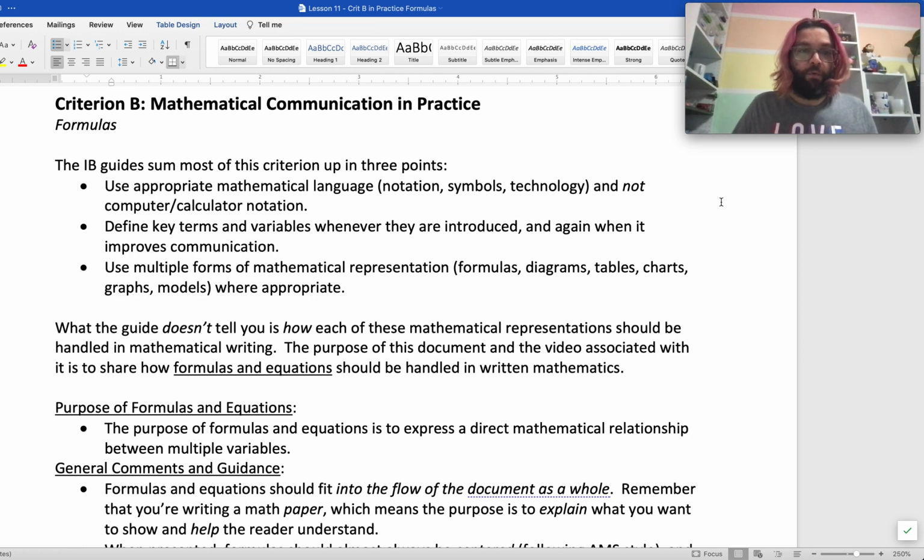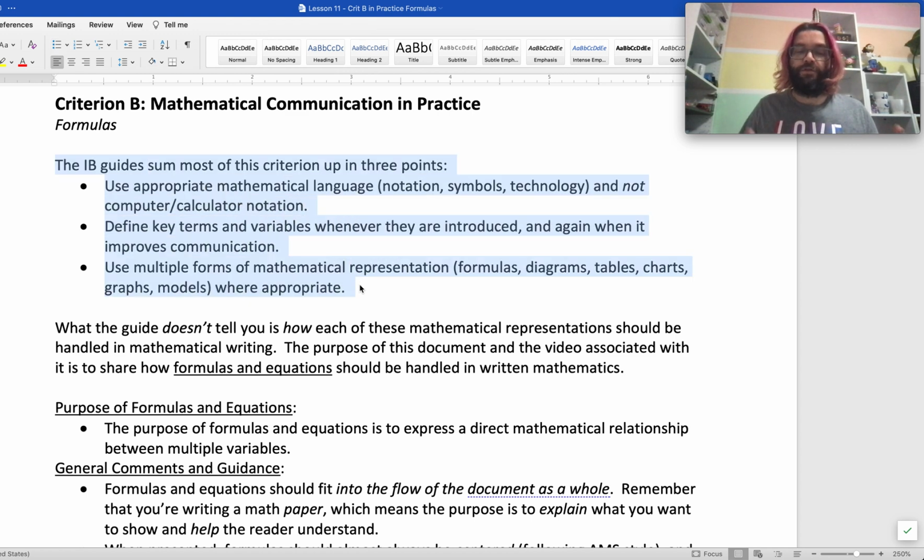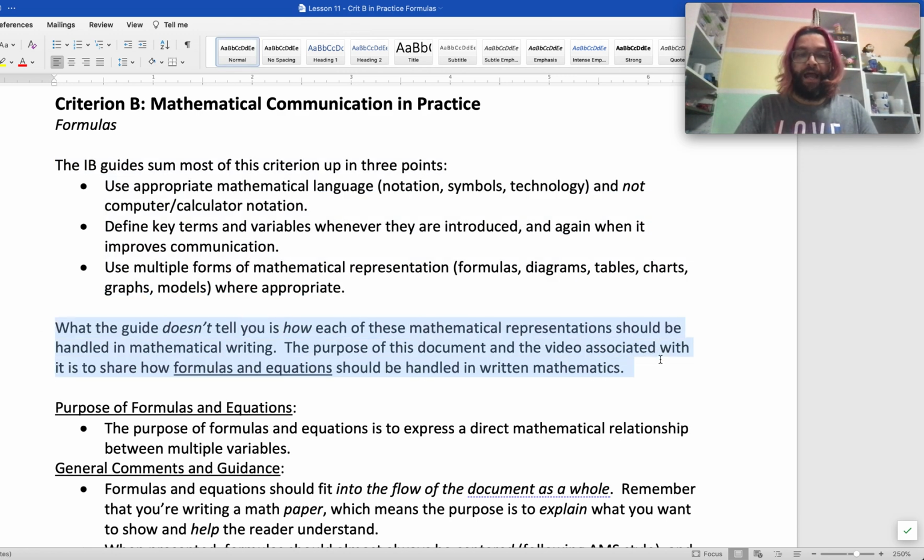So in this video, I want to talk in more depth about Criterion B, which is about mathematical communication. A lot of this we've already learned about, so I'm going to go quickly through the beginning of this. The IB guide really sums up this criterion reasonably well in a couple of points: that it's supposed to be about using appropriate mathematical language and not computer notation, defining key terms, and using multiple forms of mathematical representation. But what the guide doesn't tell us is how each of those mathematical representations should be